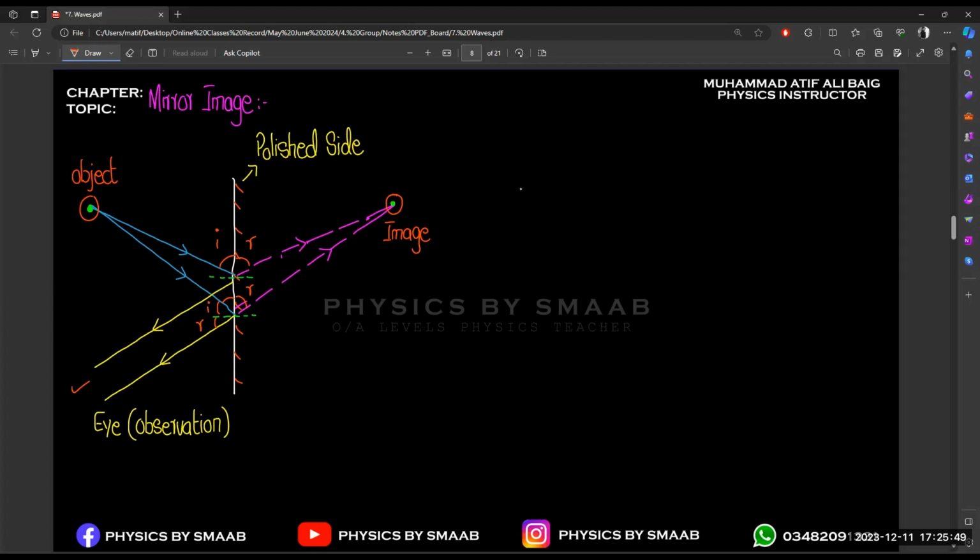You have to mark the image on the other side of the mirror, because we are working on paper, we are not performing with a real mirror. So on paper, when we are working with ray diagrams, you have to make a reflected ray on the other side. That's why we use a dotted line, because that dotted line is not real, it is a virtual picture of the image on paper. And mathematically you will get the same angle on both sides, incidence and reflection, and this white line represents the plane mirror.